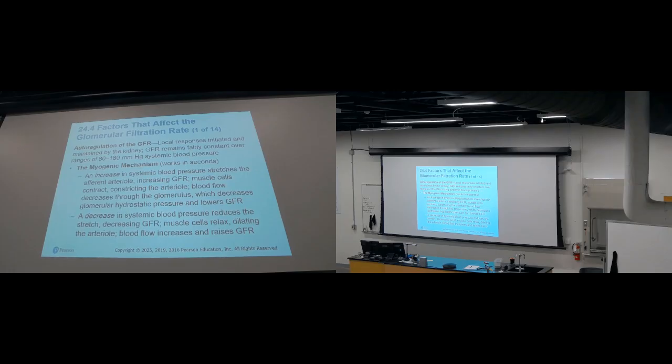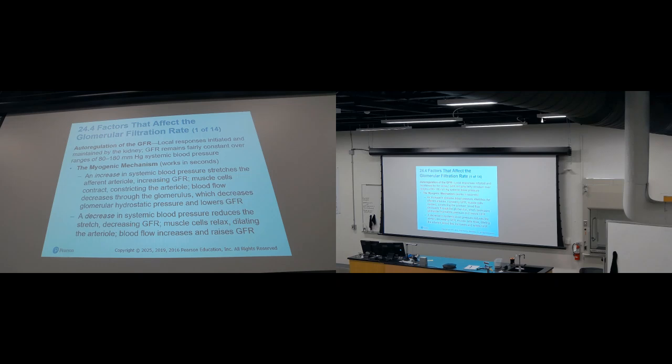Your muscles will detect this change in the blood pressure, and that is going to make your muscles contract and then constrict this arteriole, and then you will have blood flow decreasing through the glomerulus, which decreases the main pressure that we have inside the glomerulus, that is called the glomerular hydrostatic pressure. That is going to lower the GFR. This glomerular hydrostatic pressure helps to bring out molecules or water from